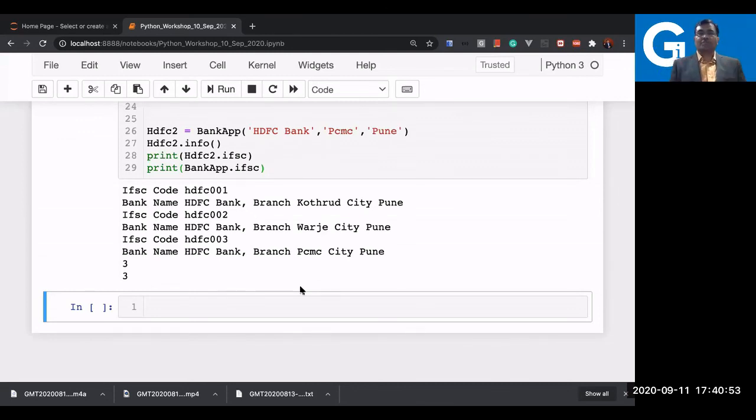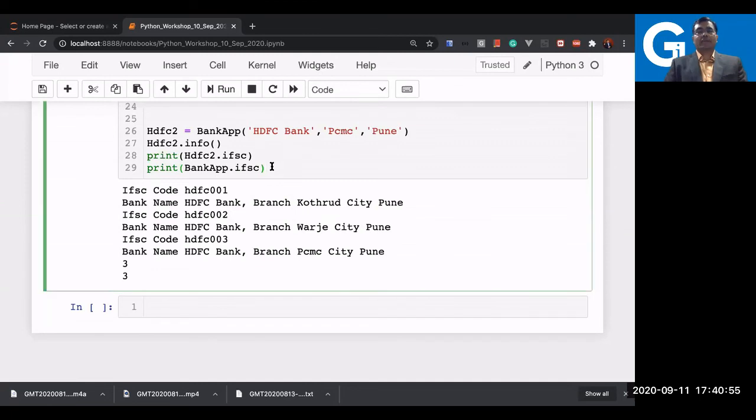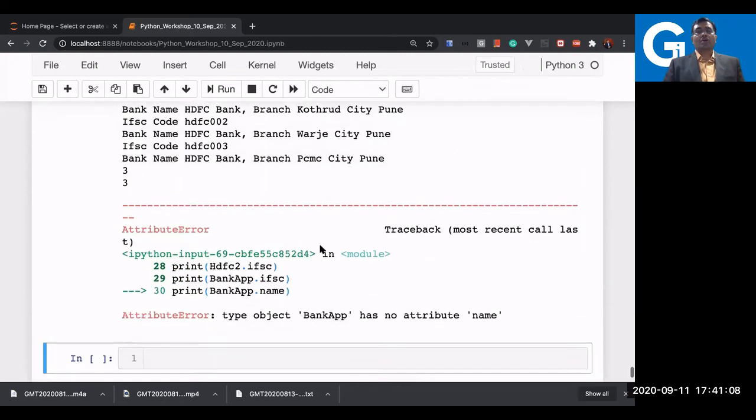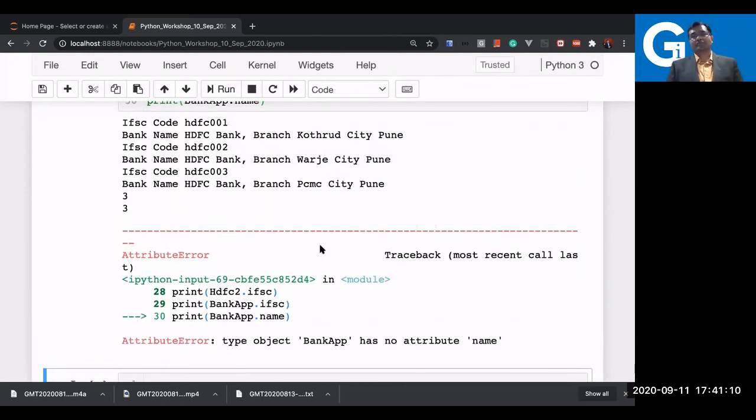Whereas an object variable, let us try one more demonstration here: can I access an object variable which is declared as name or city or something by the class name? Let us test it. The answer is no. It is giving you that BankApp has no attribute name, whereas by object we already tested that it is available.